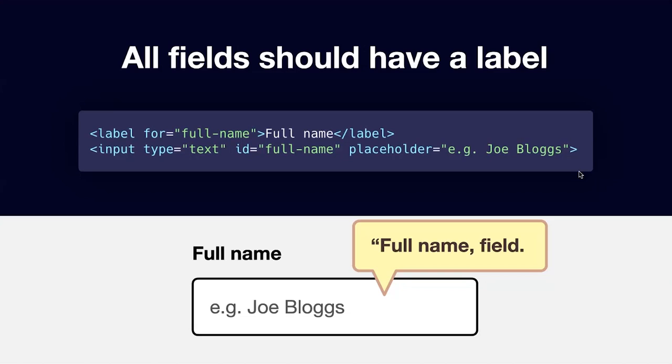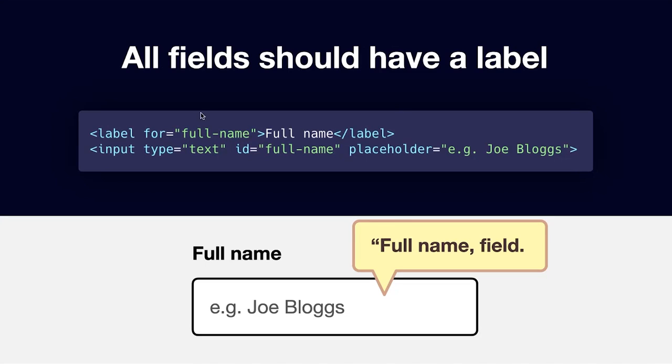Right, let's talk about accessible labels. So hopefully you already know this. This is kind of bread and butter stuff, but let's get started with the basics. So all fields, as you saw earlier, must have a label. And the reason you need a label is because you need something to read out in accessible tech. You need to be able to say this field is, I don't know, in this case, full name, right?